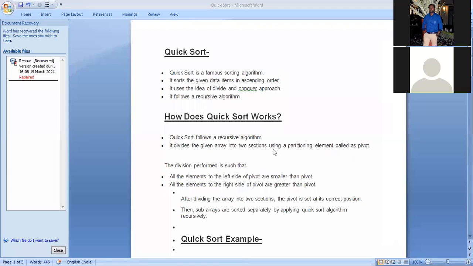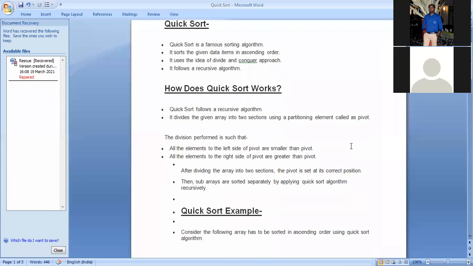All the elements to the left side of the pivot are smaller than the pivot and all the elements to the right side of the pivot are greater than the pivot. The sub-arrays are sorted separately by applying the quick sort algorithm recursively. So better we'll take an example.